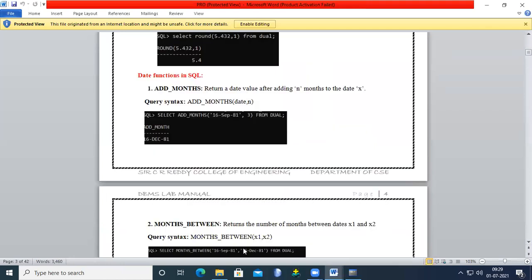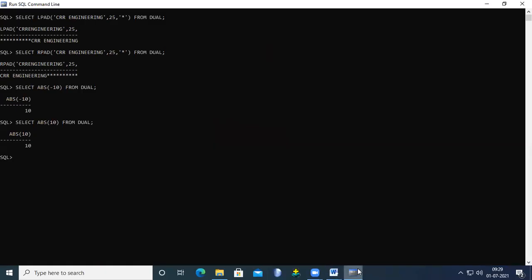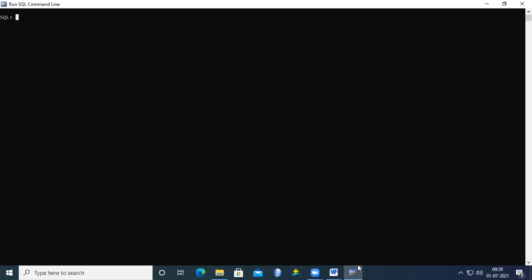Now we try to discuss the date functions. When you come to the date functions, please remember one thing. The first one: clear screen, observe here, select sysdate from dual. What is the purpose of this? To display the actual date today. We are already completing our syllabus, and I hope all the members are clear on the syllabus, am I right? So we are just performing revision now. 1st July today. In the same way, how do we display the time?